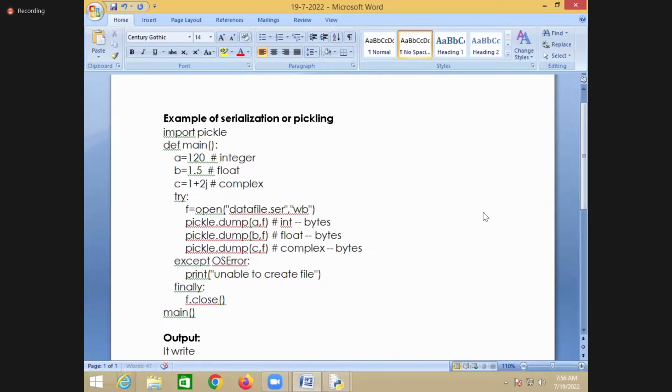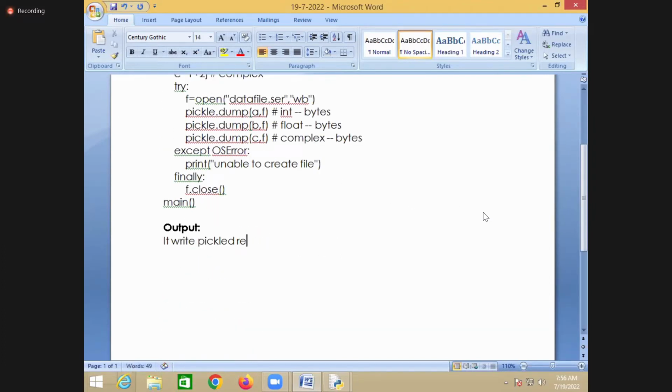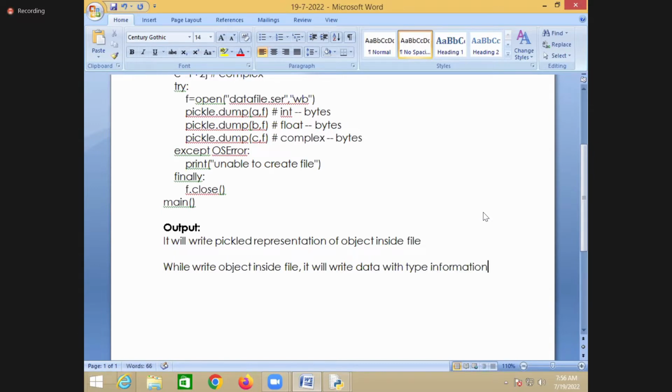So it will write the pickled representation of the object inside the file. While writing the object inside the file, it will write data with type information, or it will write object properties with values inside what here?